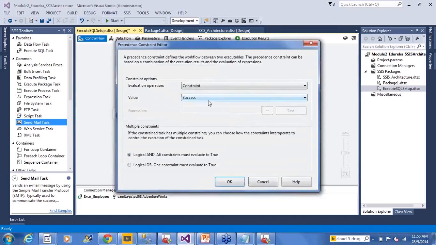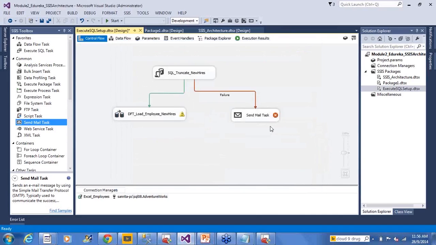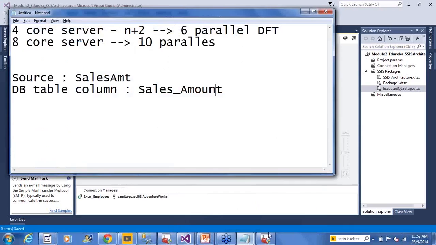Okay, and there is a value called success, failure. Remaining options we will see later. If there is a failure, just send an email to some person. So how can we set the email? Basically, to send an email to any person, you should have the SMTP server ready. Okay, to send email,